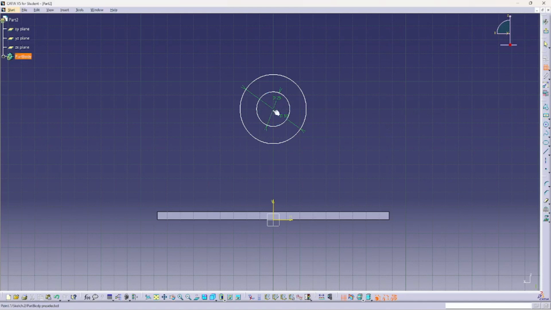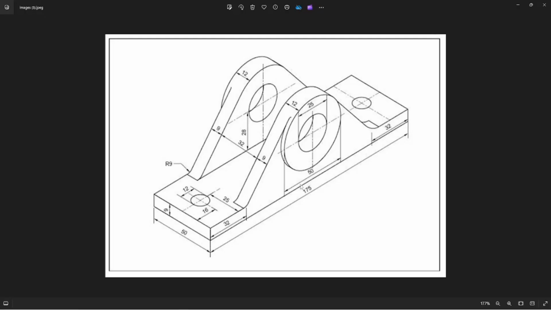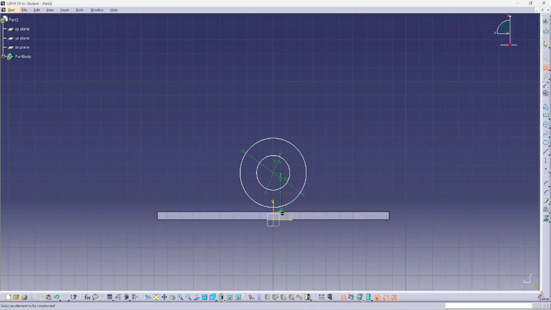Next, from here to here the distance is 28 mm. You can check it here. The maximum diameter is 50 and the second diameter is 25 and the center to the bottom distance is 28 mm. Now you can see from here to the leftmost is 32 mm. So we are going to use the line. From any point you can simply make it here. Now from here,